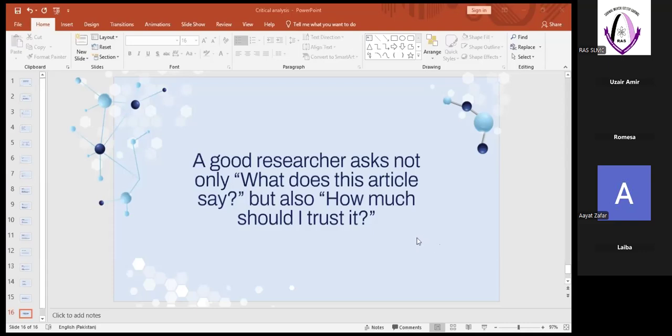Is a good website like PubMed proof of a trustworthy article? Okay, so this is a very important question. Both PubMed and Google Scholar are open databases for all the journals. They do not filter bad researches from the journals. Each and every journal which has access can get their researches there. PubMed and Google Scholar do not filter them out. So a research being present on Google Scholar or PubMed does not necessarily mean that it is a good research. It can be a bad research.